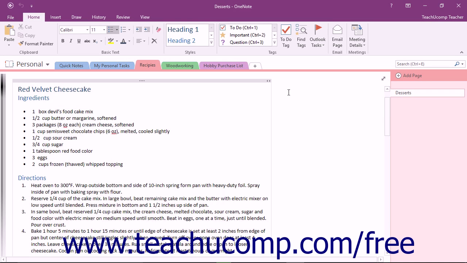www.teachucomp.com/free. You can access the options in OneNote to change operational aspects of the application. Note that changing the default options in OneNote can change the default behavior of the program and therefore should only be performed by advanced users who thoroughly understand the options. In this lesson, we will review some of the most commonly used options in OneNote. Some of these options have already been discussed at various points in this course in the context of their use